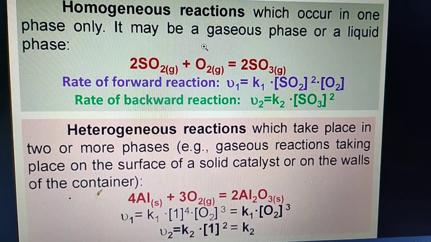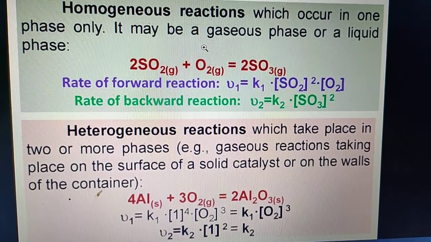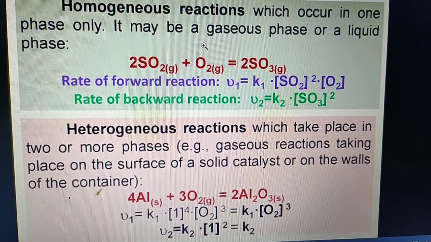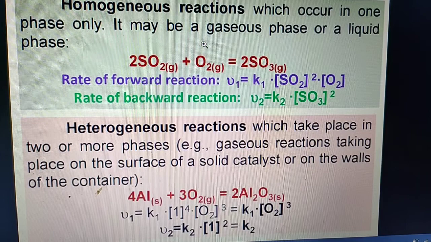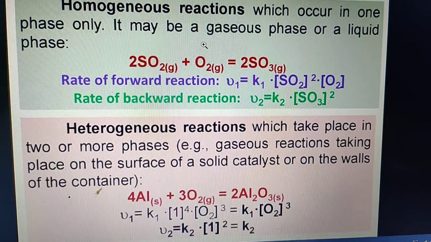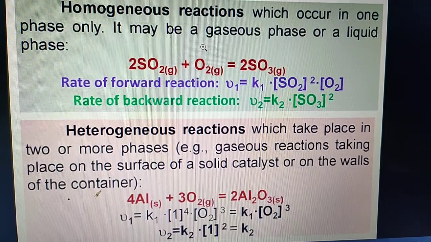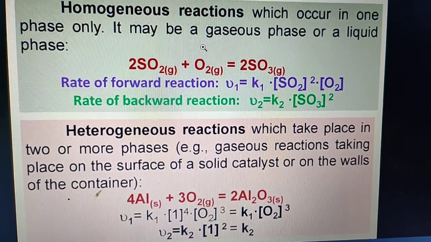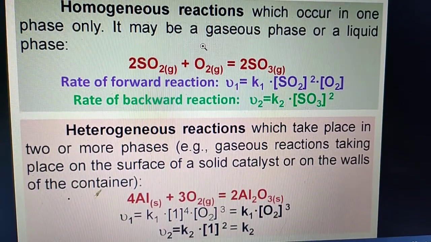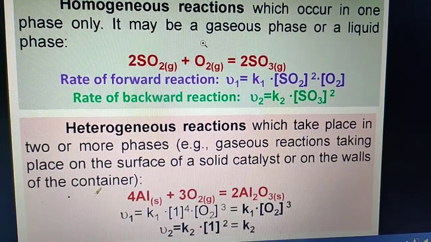First one, physical state of the reactants and products. Second, tendency of the reaction in the forward and backward directions. Third, absorption or evolution of heat. And the fourth one is the important one, that is type of the chemical reaction. So today we will discuss the first 3, that is physical state, relative tendency of the reaction in the forward and backward directions, and absorption or evolution of heat. This third one we have already discussed in the previous lecture also, but today also we will discuss this one.